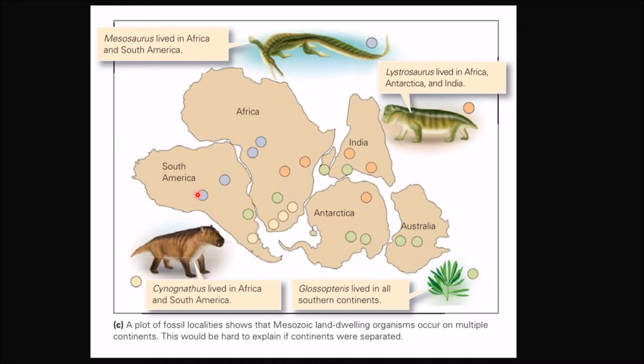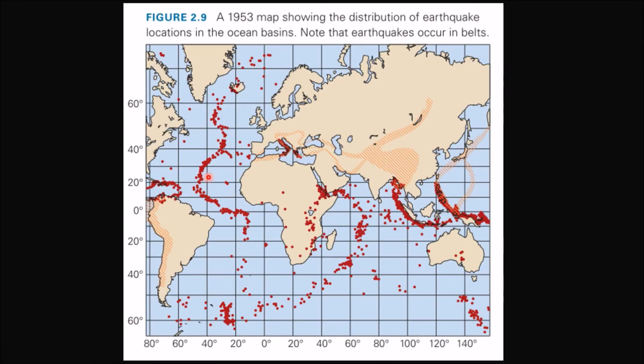So they found a lot of places where, when you put the continents together, it seems like the fossil record also fits together. So what people believe is that because of this, these 2 continents used to be joined together in the past, and that over time, Africa and South America have drifted apart. They used to be together, but over time they drifted apart, and now there's a big ocean in the middle between them. Now, here's an interesting map.